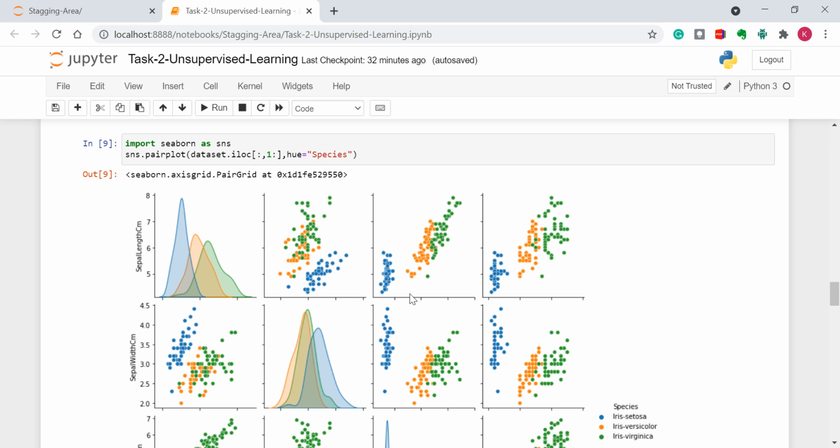For example, consider that there are 5 features, numbered 1 to 5, it will be plotting 1 versus 1, 1 versus 2, 1 versus 3, 1 versus 4, 2 versus 1, 2 versus 2, 2 versus 3, 2 versus 4, and so on. This is the use of the pair plot, and with the help of the pair plot, we can extract more information from the data set.